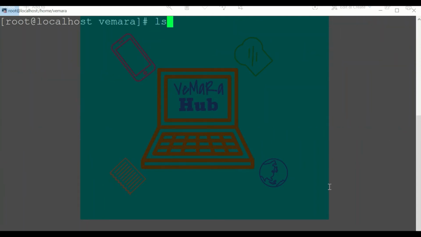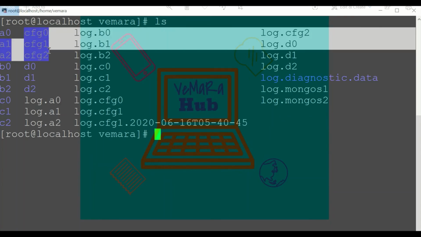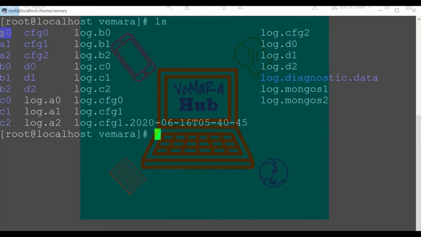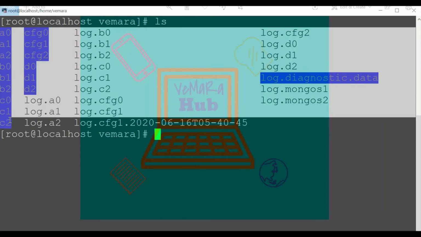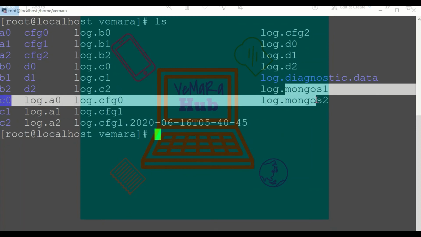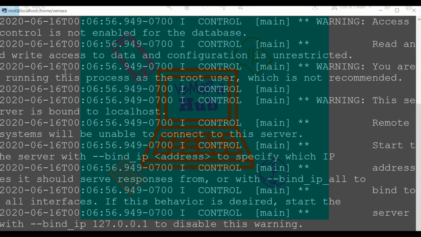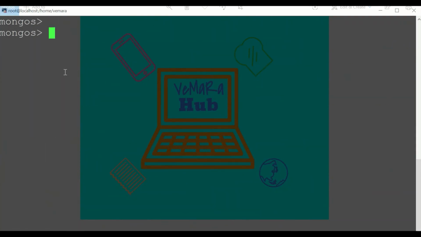Now our configuration is complete. We have started configuration servers as a replica set. We have started different shards A, B, C, and D as replica sets, and we have started Mongo S instances for the interaction for client. Now let us log into our Mongo S instance, which we had started on port 26061. So this is our Mongo S instance.